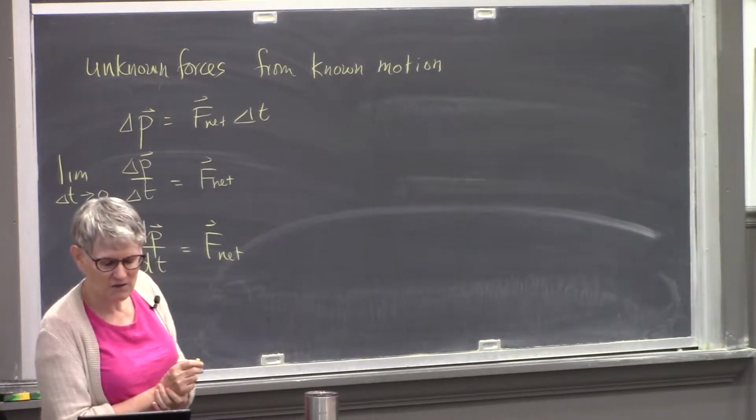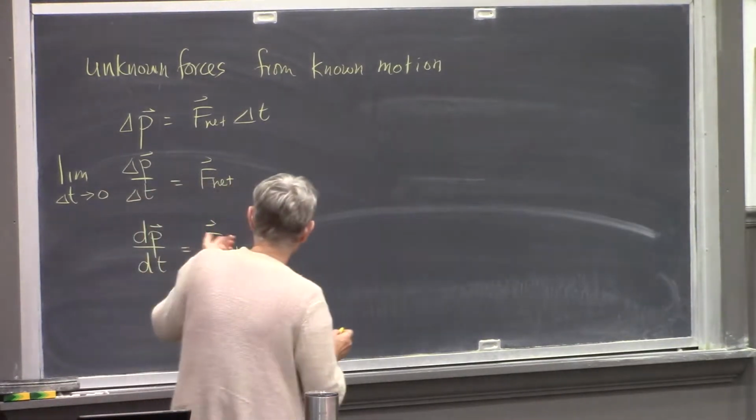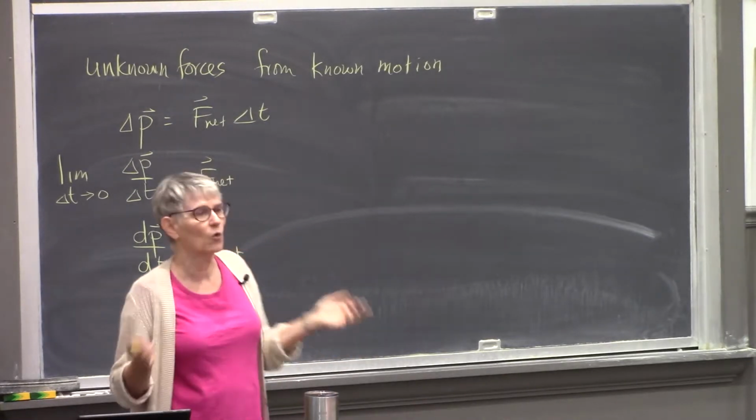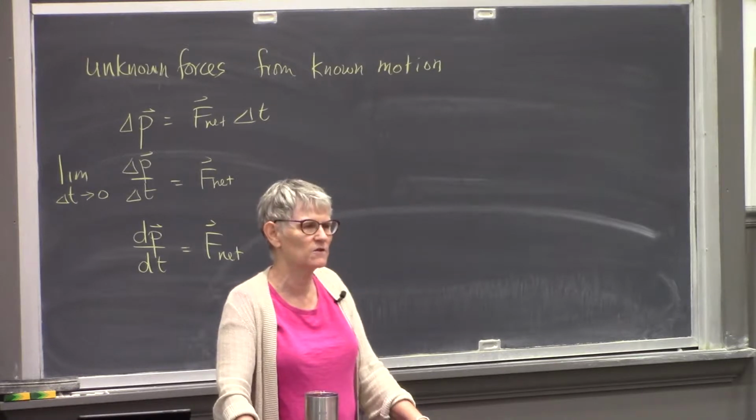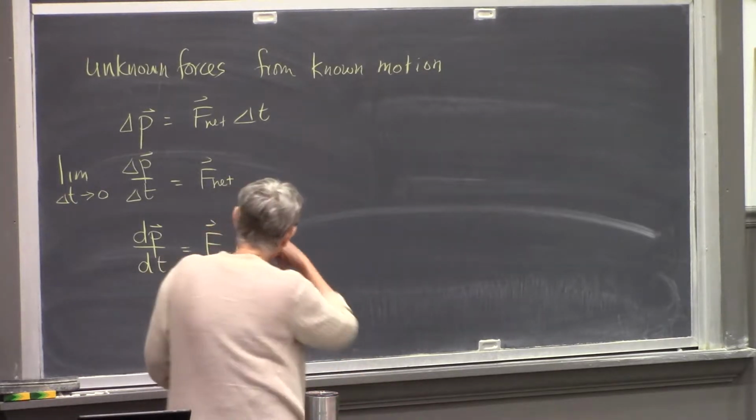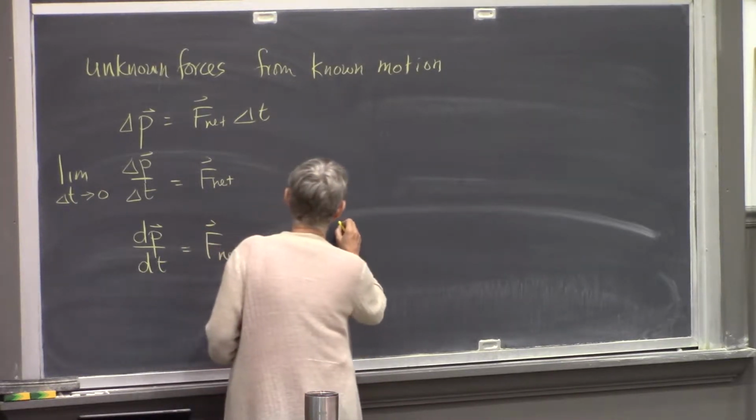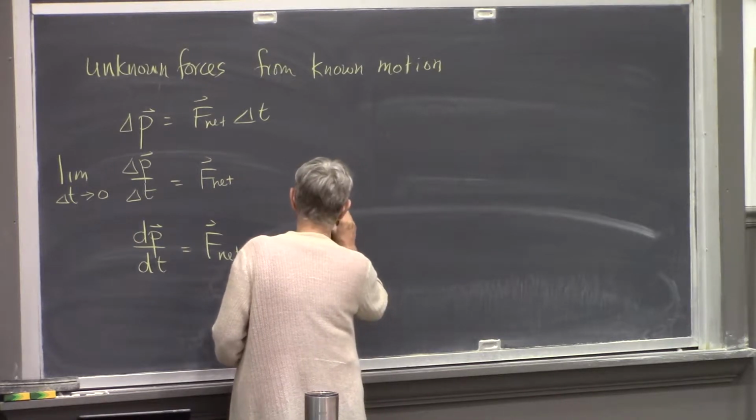Now, what is a derivative? What does this mean, a derivative of a vector? Well, we've been working with derivatives of a vector because velocity is a derivative of position. And so if we write it as a vector, we can write,